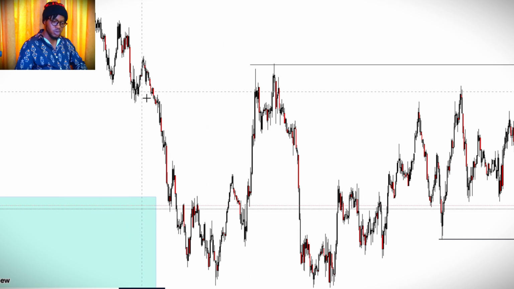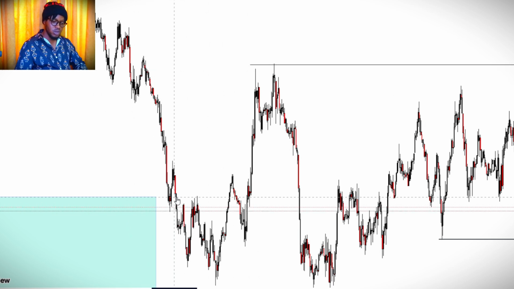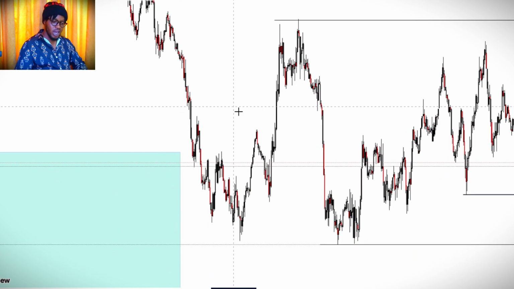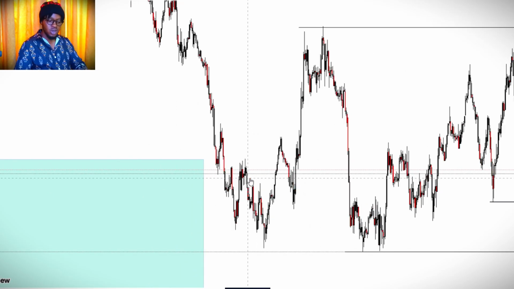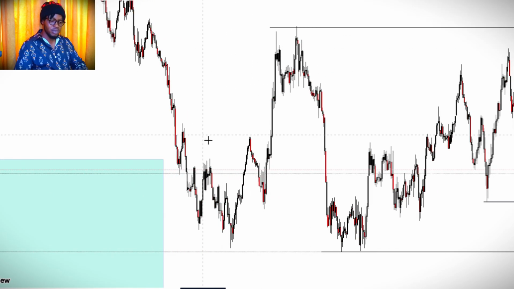Supply broke structure with no retracement, went all the way down to this point, and here we had a shift of structure. Then a retracement, and price tapped into the supply zone. So you see that this is how I trade also. If I were to enter for the trade, I would still enter from this point: